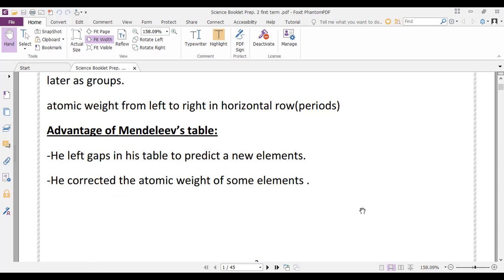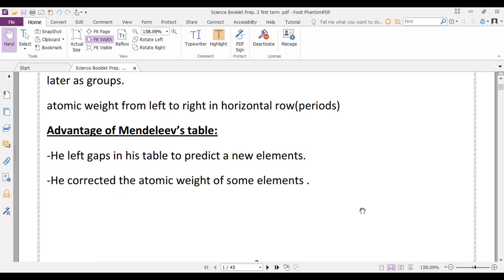He left gaps in his table to predict a new element. Number two, he corrected the atomic weight of some elements which were estimated wrongly. There were atomic weights of some elements estimated in a wrong way. So he corrected the atomic weight of these elements. So these are the advantages